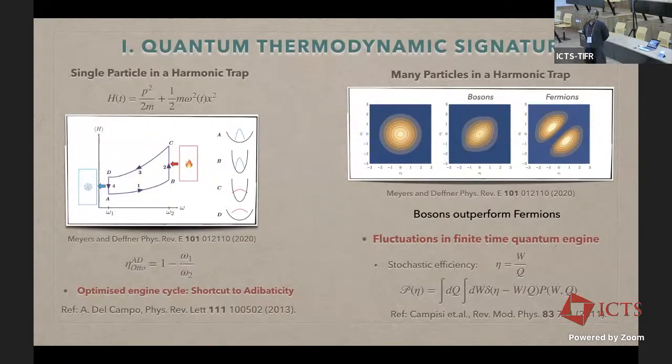So what they have shown is that bosons outperform fermions. That's the result they have shown. So in that way, it is a kind of quantum signature. Okay, as I said, this is another field, and so far, whatever way I have defined